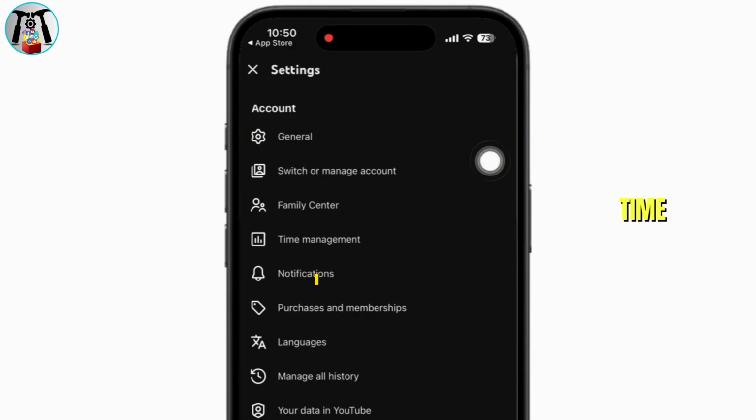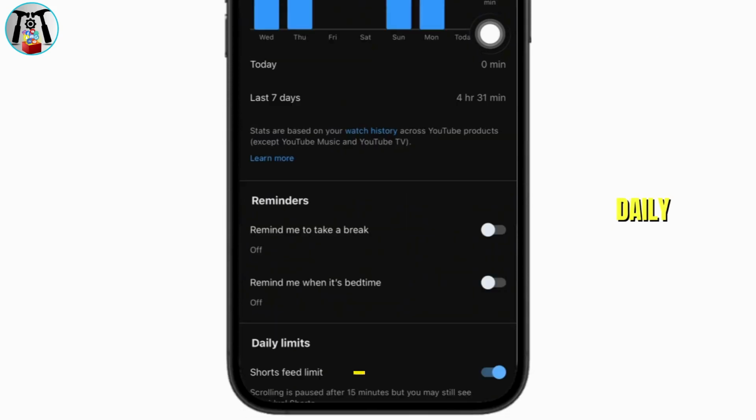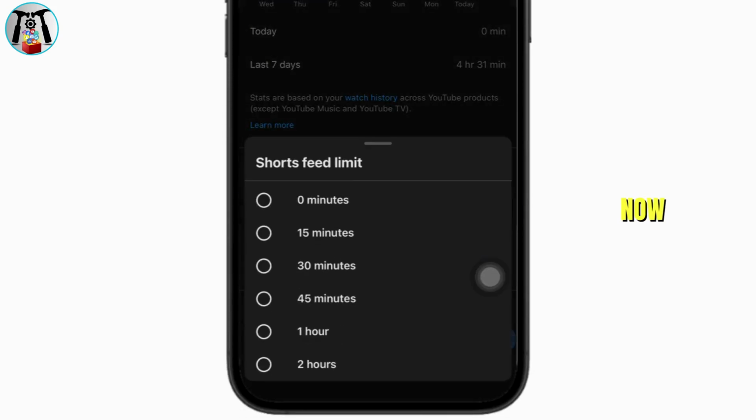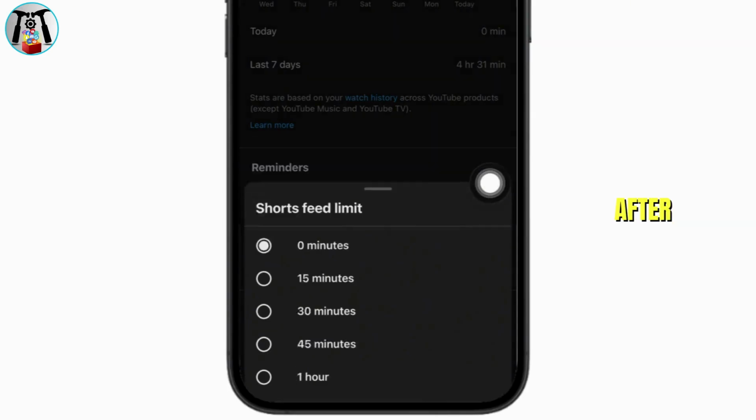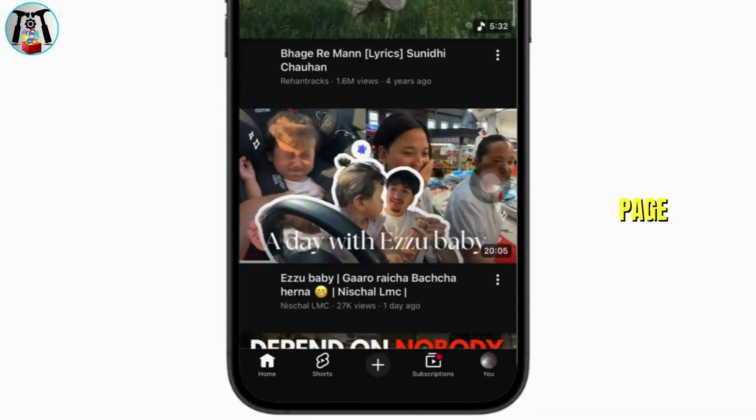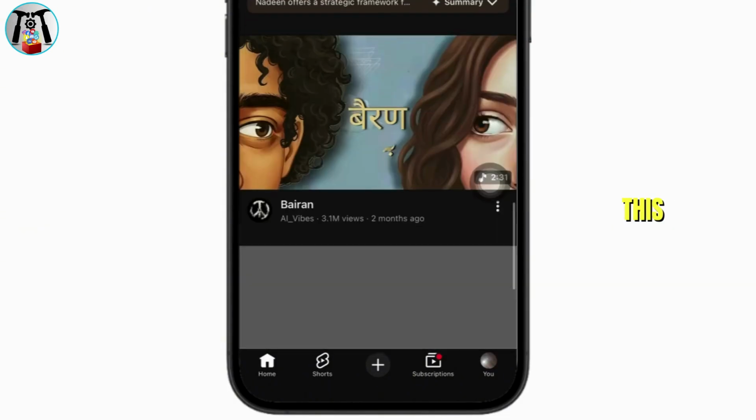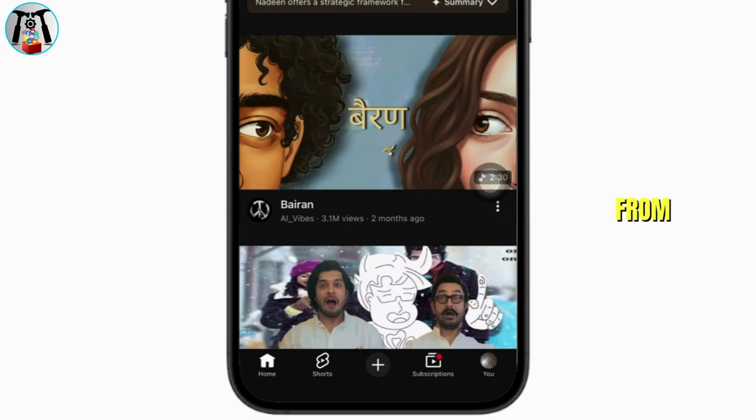Now head over to the option Time Management. At the very bottom, you're gonna find the option of Shorts Daily Limit, toggle on for it. Now set it to 0 minutes. After saving this setting, return to home page and refresh your feed. In many cases, this will significantly reduce or remove shorts from your homepage